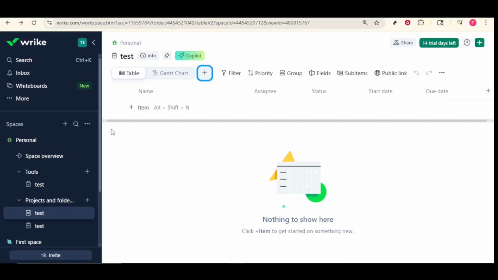In today's video, I'm going to teach you how to use the Gantt chart in Wrike. Whether you're a project manager, team leader, or a productivity enthusiast, understanding Gantt charts can significantly enhance your ability to plan and track tasks. Let's dive in and take a step-by-step look at how you can effectively utilize this tool